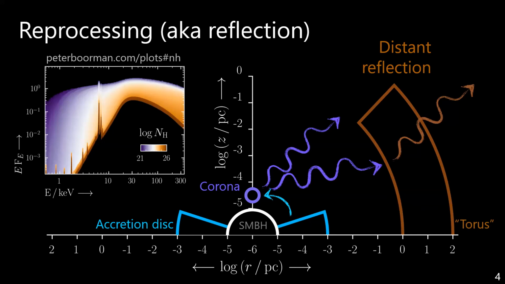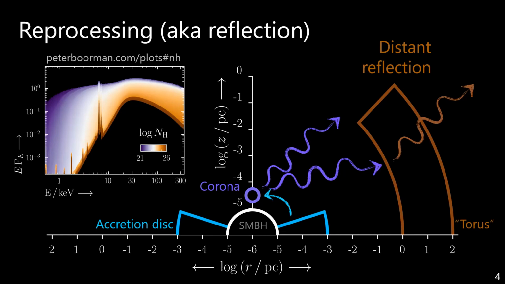So a very small bit of background for anyone that doesn't really study AGN. Here's a sort of cartoon of some geometry that an AGN could be in. You have a supermassive black hole at the center, you have an accretion disk, and then very close to the supermassive black hole, you have this X-ray gas that Compton-scatters accretion disk photons in this sort of idealized picture, and that's where your primary X-ray emission comes from. And somewhere on larger scales out, there's some sort of obscurer. You see this obscuration in lots of X-ray spectra of AGN,